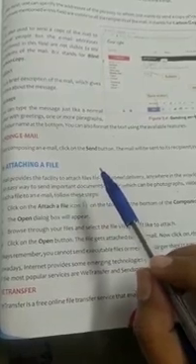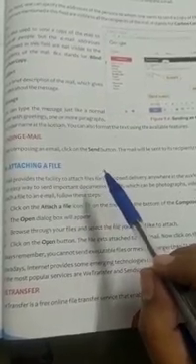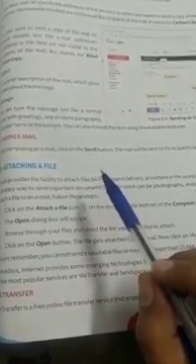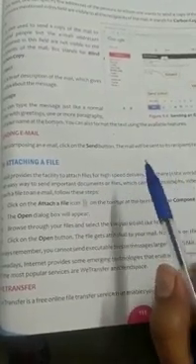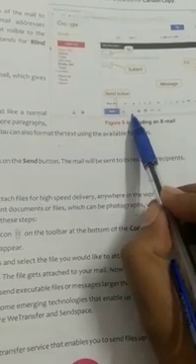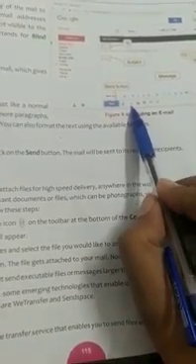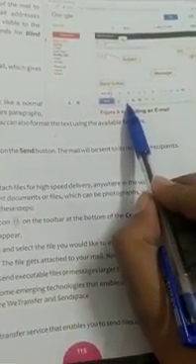Attachment is a computer file sent along with an email message. One or more files can be attached to any email message and be sent along with it to the recipient. And this is typically used as a simple method to share documents and images. This is the paperclip icon. It is the standard indicator for an attachment in an email client.